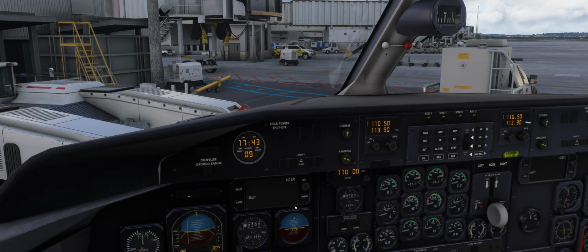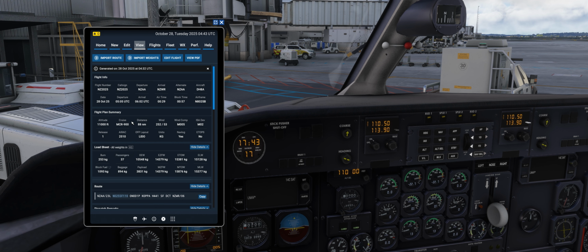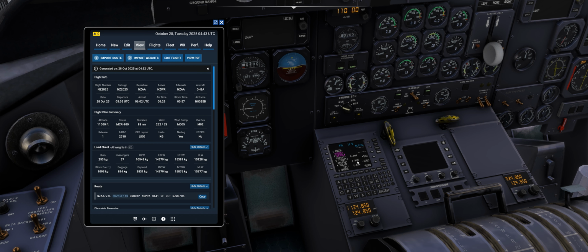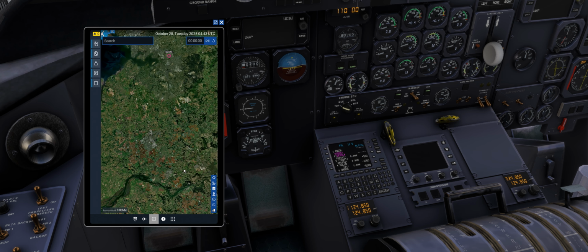Now before I do that, one of the other things I do is I always create the flight plan in SimBrief through the 2024 EFB. Now you can't import SimBrief flight plans into this particular aircraft. You actually have to load up the waypoints, the departures, the arrivals, SIDs and STARs. They all work through the FMC, but you have to do that yourself. You also can't import the weights either. But I import it into the EFB